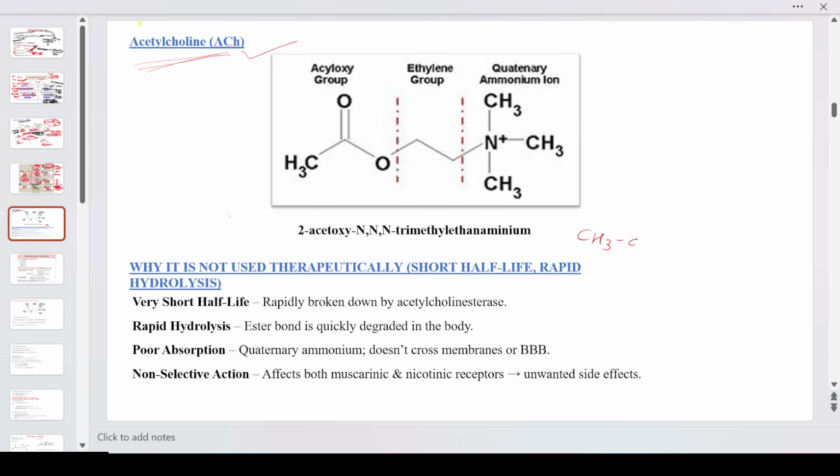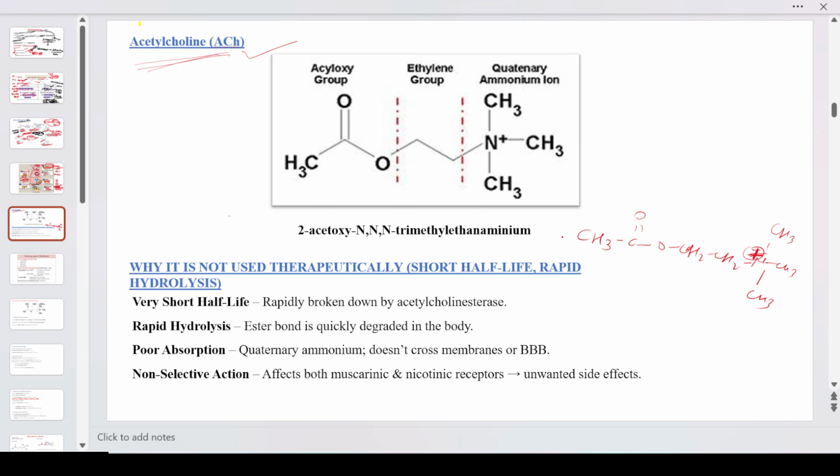CH3 COO CH2 CH2 and CH3 CH3 CH3। This is positive charge. ओके, नाइट्रोजन की वैलेंसी हमें पता है 5 होती है। अब इसमें 4 बॉन्ड है, तो इसको स्टेबलाइज करने के लिए पॉजिटिव चार्ज आएगा। ओके,